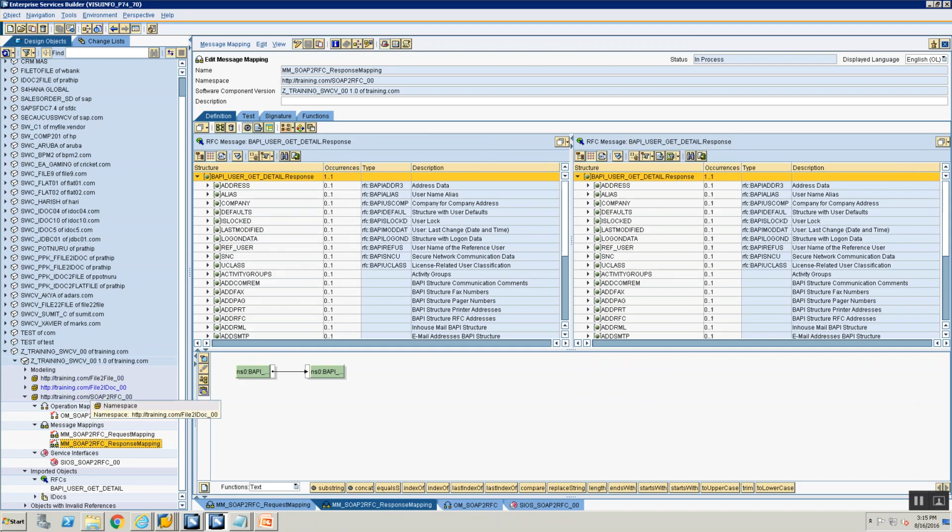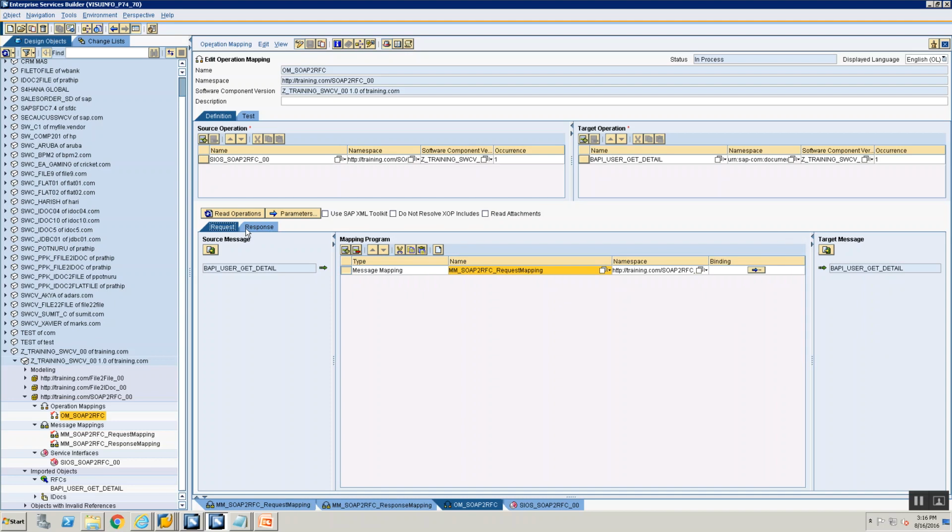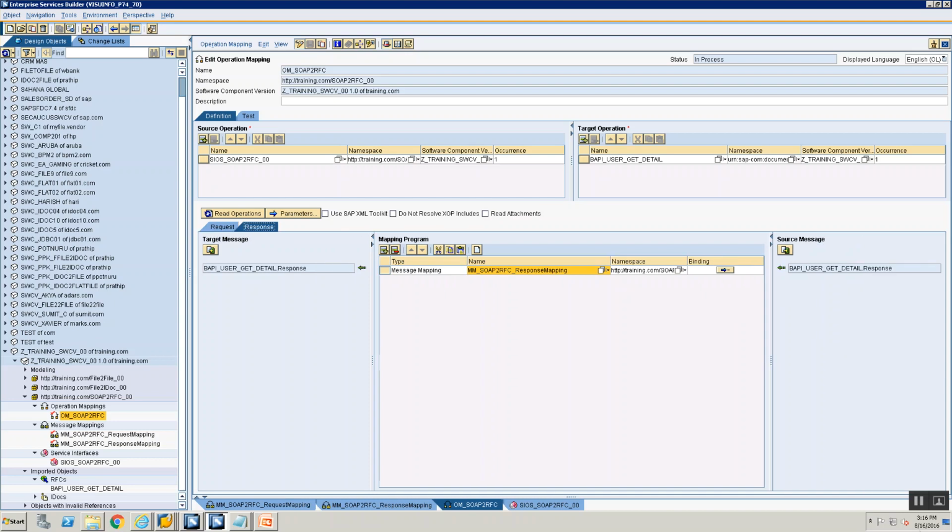We did not define any data type and message type in this scenario. We only defined one operation mapping. The reason we only define one operation mapping is once you select your synchronous service interface, PI automatically says, hey, because this is a synchronous interface, you need to provide me with a request mapping and a response mapping, and you just did that.